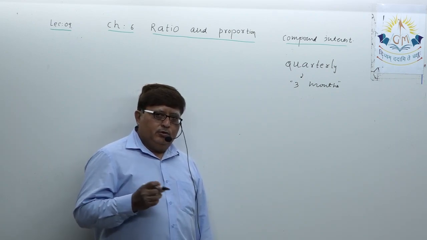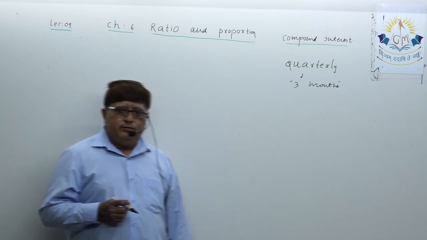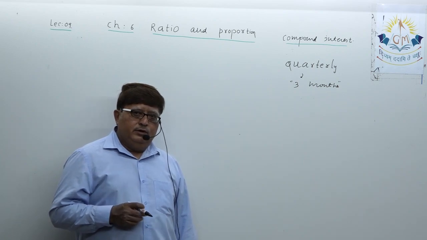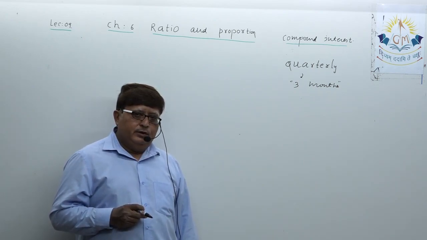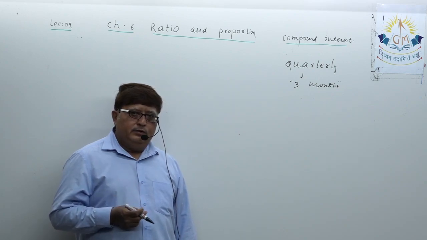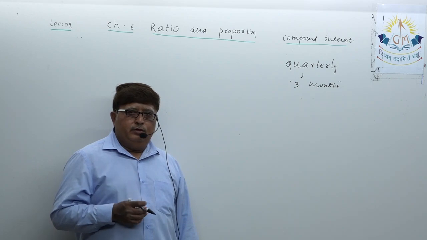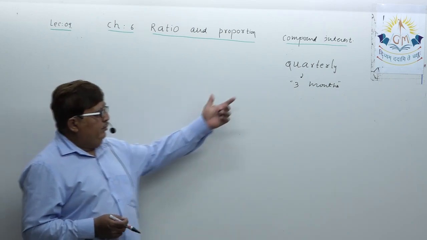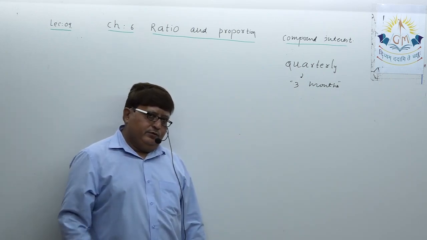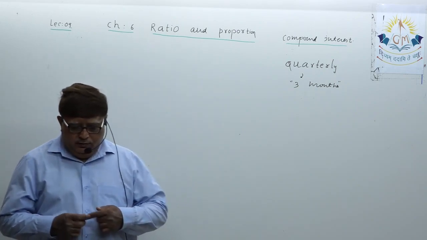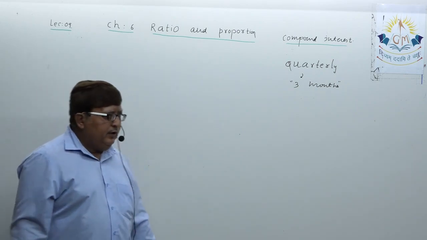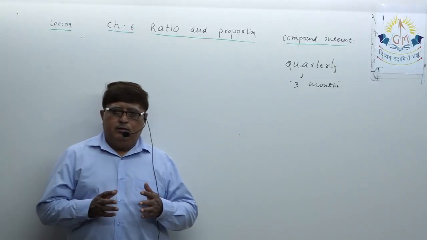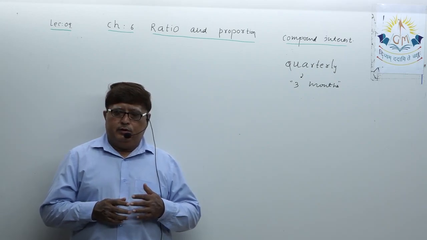Understood? 2 years. Can you guess? 2 years has how many quarters? 1 year has 4 quarters, each of 3 months, as you know. Then 2 years will have 8 quarters. You can understand it now very easily. Okay, dear student? So before you start solving the example, the meaning has to be very crystal clear in your mind.